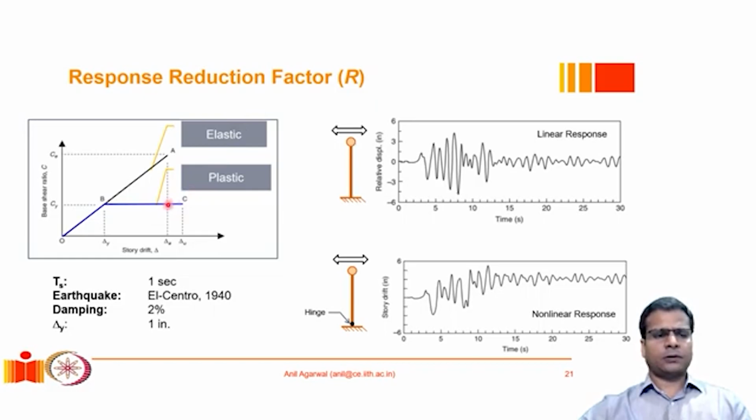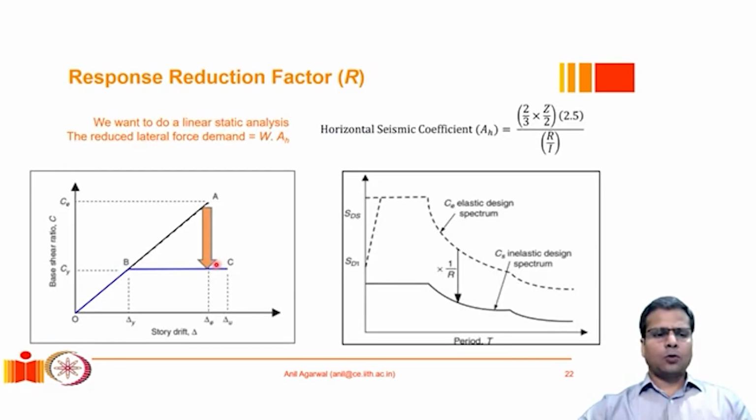In addition to that, there is also the effect of redundancy in the system. Because of that, there might be a small change in the deflection, but there is a very significant reduction in the maximum force demand. So how do we handle this change in the maximum force response in the design provisions? If you go to IS 1893 Part 1, you would see a design response spectrum given in the code, which looks somewhat like this, and then the expression for the seismic coefficient, which is basically an acceleration term that includes a few terms. I'm not going to go into their detail, but there is an R value in the denominator,